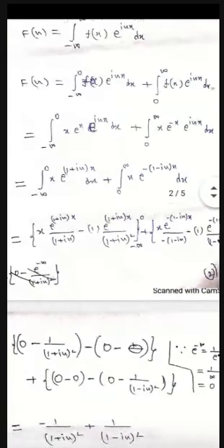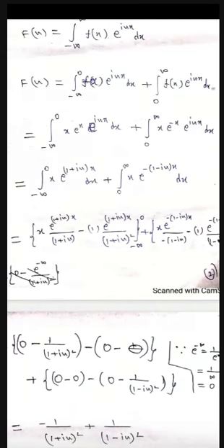Now let's start. First function, see here, first function x, Bernoulli's method. Why I have taken the minus sign, you will come to know that. So here x is the first function, and the integration of the second function, e power 1 plus iu times x. 1 plus iu is a constant, so it comes to the denominator.